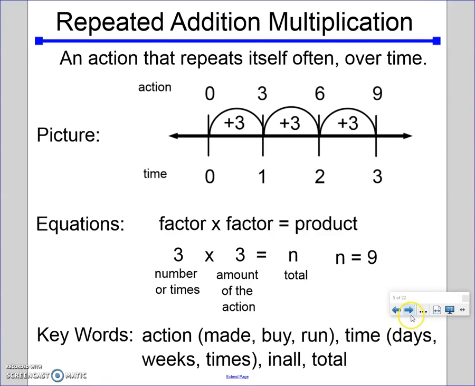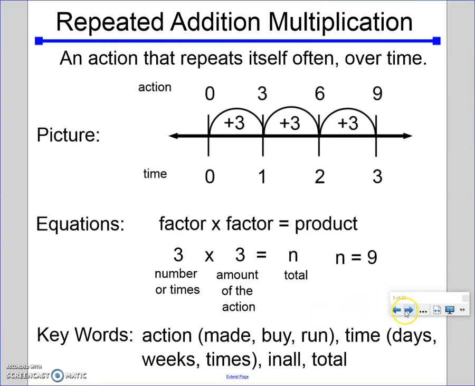times it's happening. Some key words that let you know a problem is a repeated addition problem is that there's some kind of action like making or buying or running. There's some amount of time or how often something happens like days or weeks or times even. We might see the word in all, we might see the word total. And there's also usually the word each to show that the same amount, the action is happening the same way